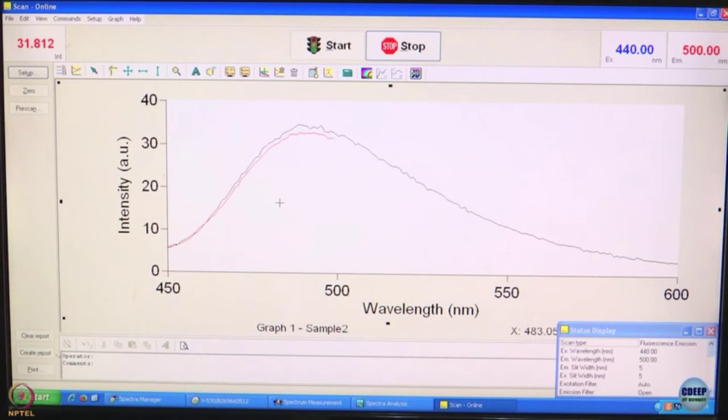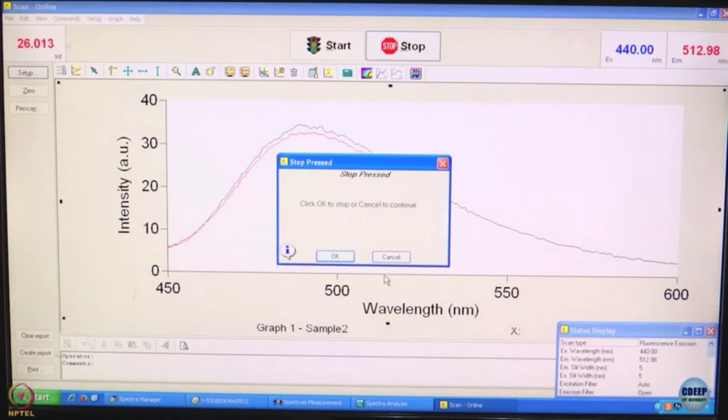So, we have a sample that is not very highly emissive. In such a case, you have to use a longer integration time. In fact, even 1.5 seconds is obviously not enough for this measurement. You have to use something longer if you want to get a really good spectrum.